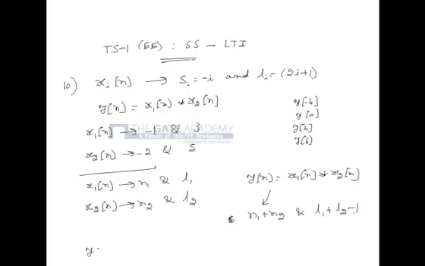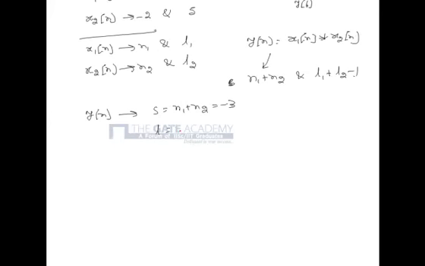From this we see that y of n has a starting point of s equal to n1 plus n2, which is minus 3, and a length of l equal to l1 plus l2 minus 1, which is 7. So y of n starts from minus 3 and is of length 7. So y of n is present, if at all present,